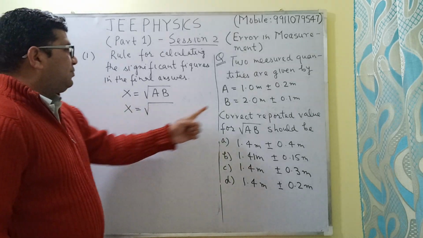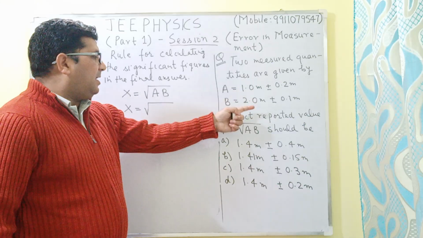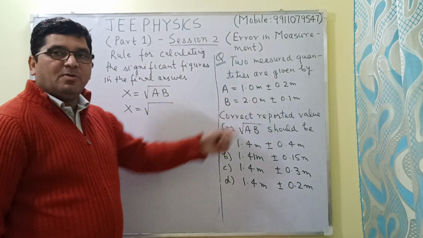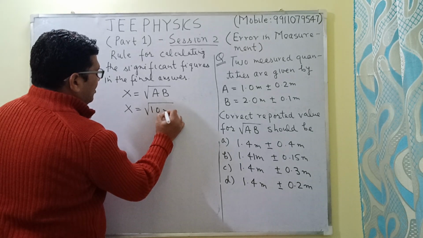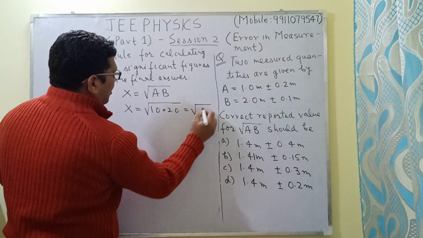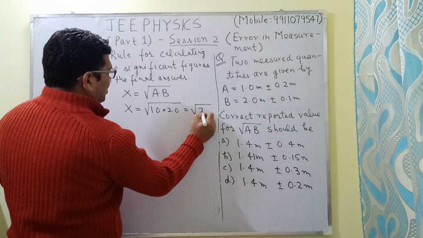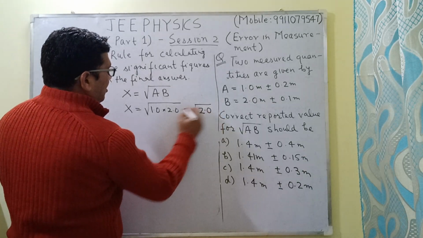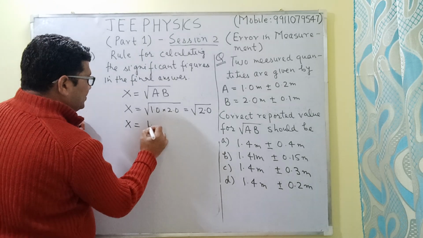Now this 1.0 meter is the true value of A and 2.0 meter is the true value of B. So A into B will be equal to 2, and so x will be equal to, if you just find the value of under root 2, this will